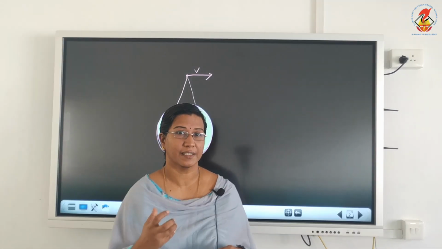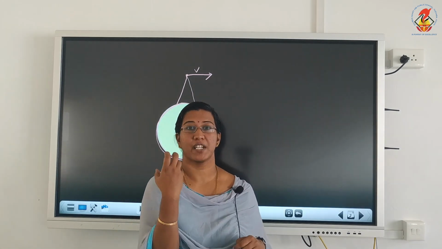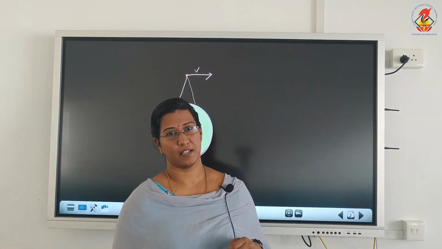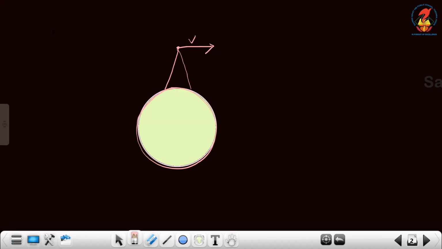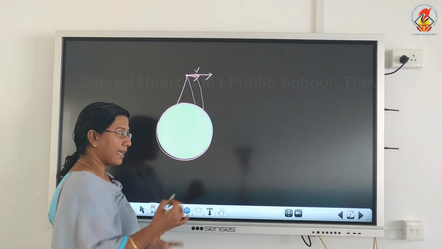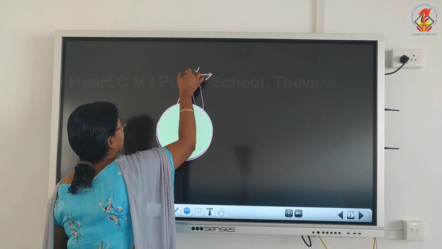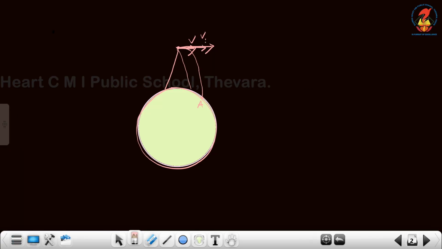But we all know that earth has a gravitational force which attracts every object towards its center. So even though we are applying the velocity in the horizontal direction, because of the gravitational pull of the earth, the ball will follow a parabolic path and will reach this particular point. We will call it A. Again you try the same with a greater velocity, we will call it V2. The ball again will cover a parabolic path, travel a little more distance from the base of the tower and reach point B.